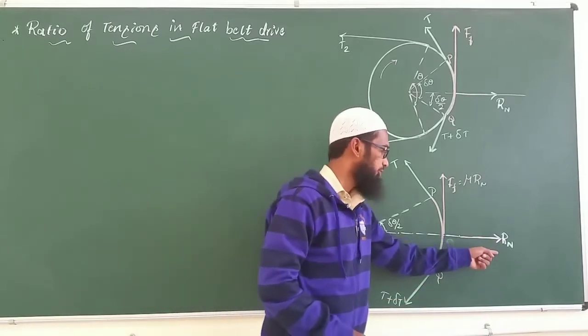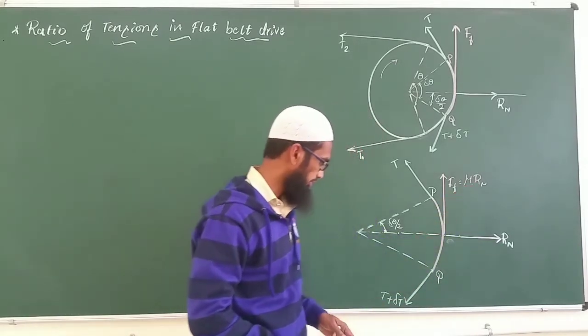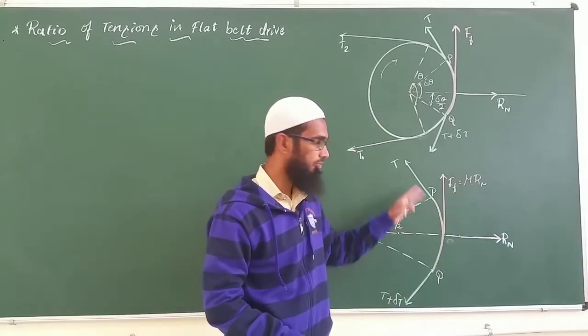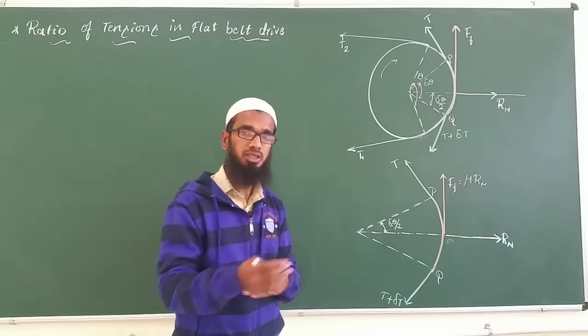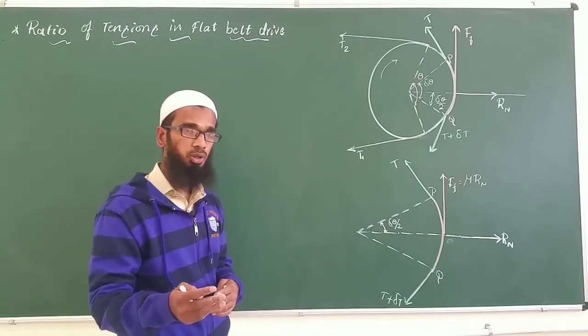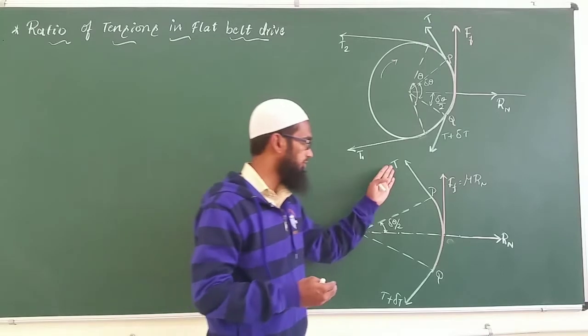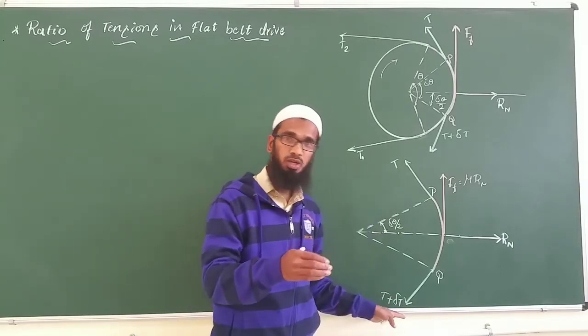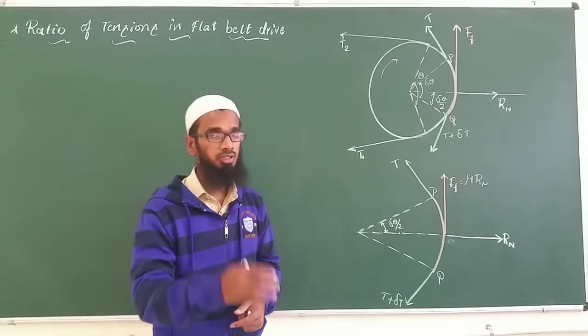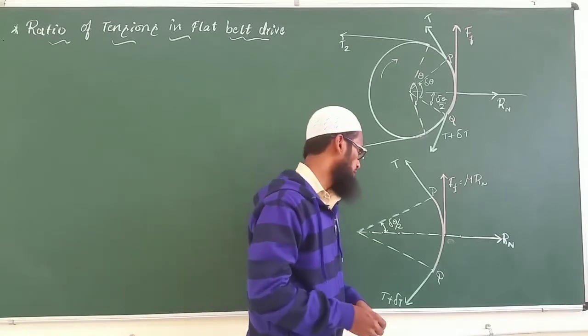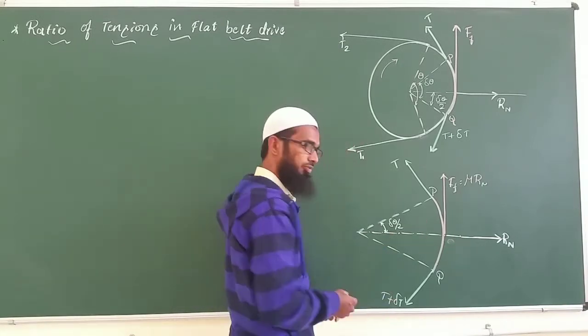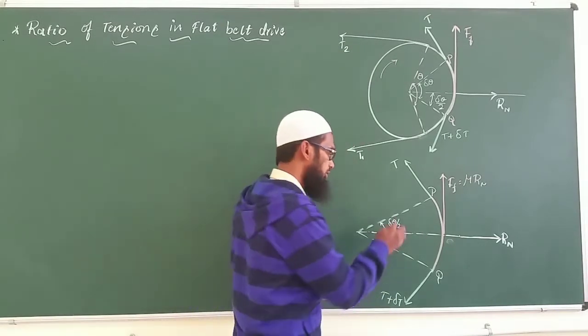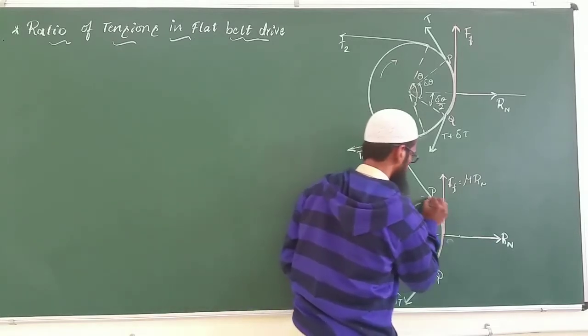But this is a horizontal force, and this is a vertical force component. Since T plus dou T and T have some inclination, I need to find the components of T as well as T plus dou T with respect to the horizontal and vertical axes. Now we will go for the construction part here to write the components.